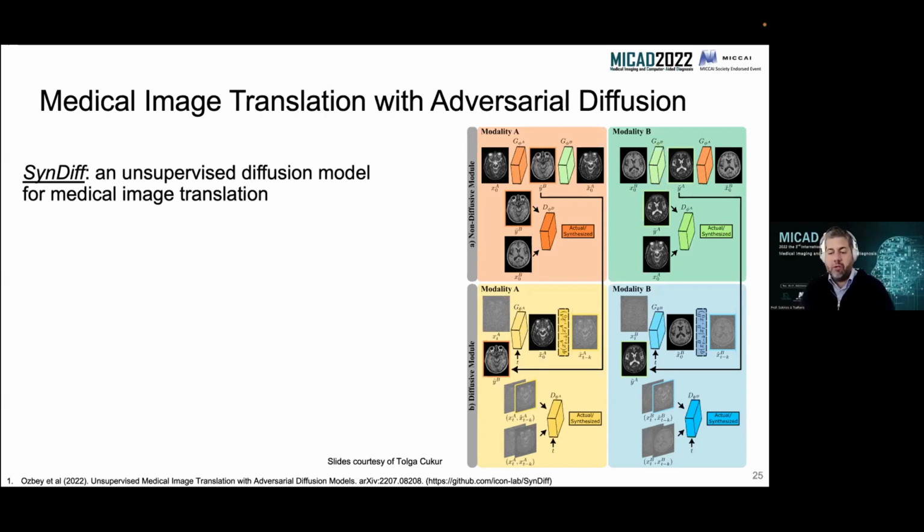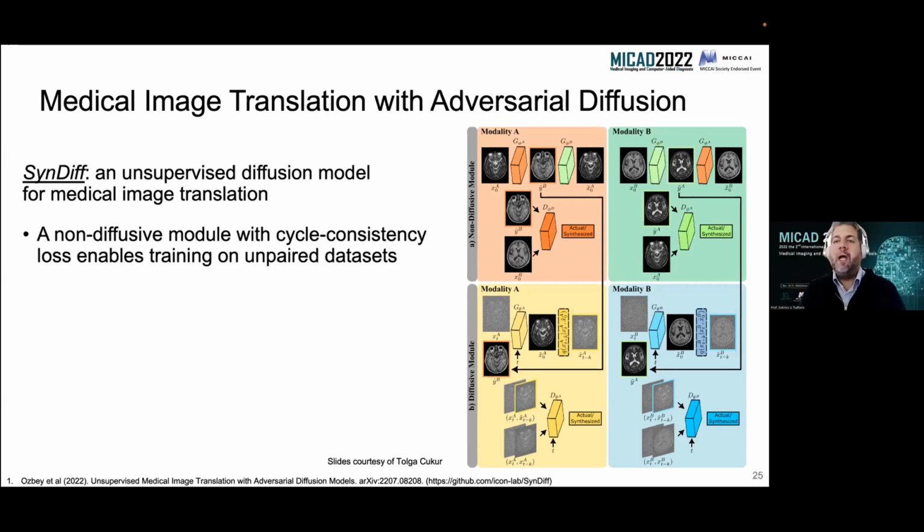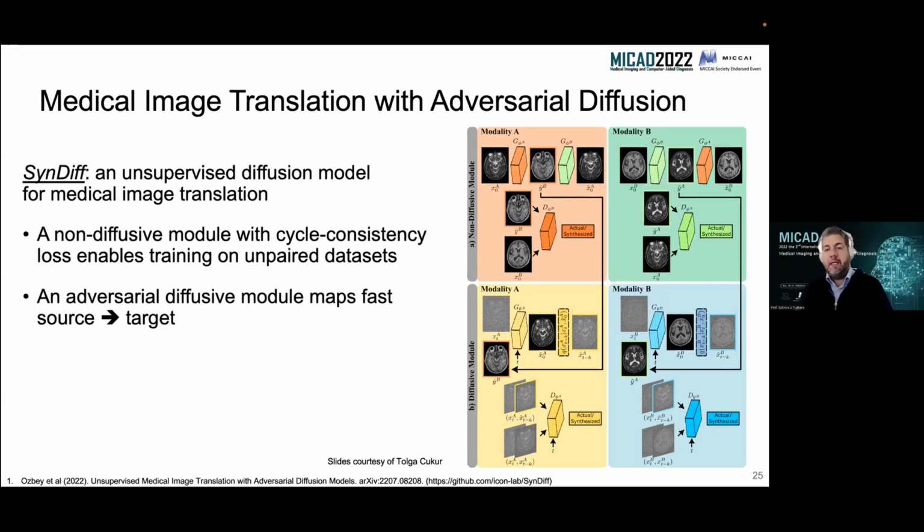Because you don't have pairs of the same datum, let's say the same patient in both modalities, they have two separate loops and a cyclic consistency loss as a way to enable going from one modality to the other. There are discriminators involved in the non-diffusive model, but the interesting key development in this paper is that there is a diffusion model that does the mapping between the source and the target very